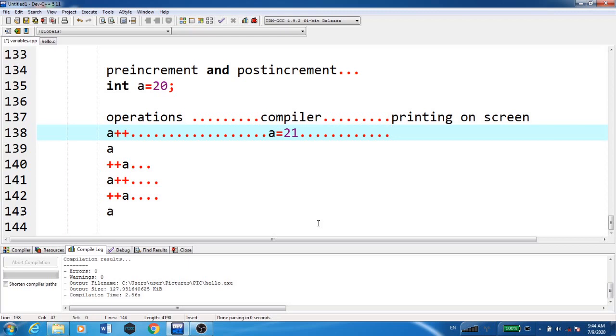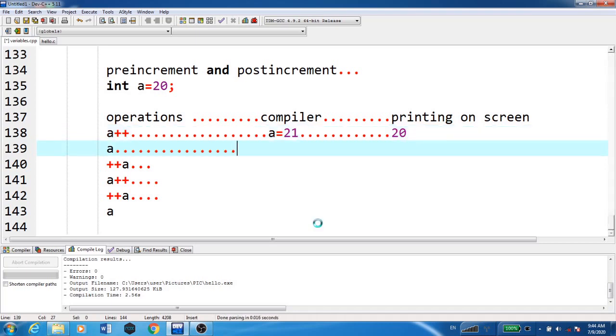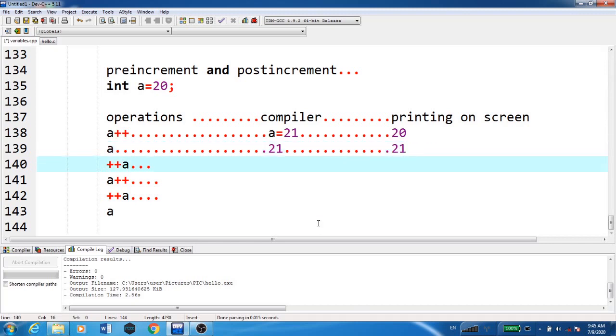Now for printing on screen, as we are getting A first and then the ++ sign, it will print 20, right? Now we are printing A. So A in the compiler is 21 as it has been changed, but here it will be given as 20. On the screen, the same, it will be given as 20.